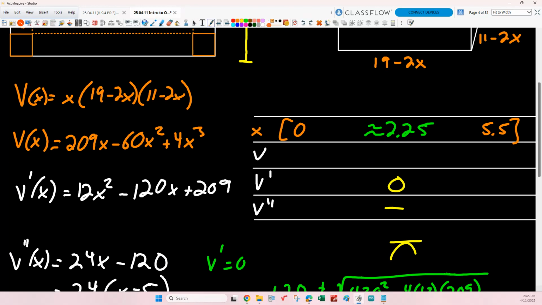What do you know? Was the number 2.25 just a coincidence? Yes. Okay. Yeah. Is there any chance you could